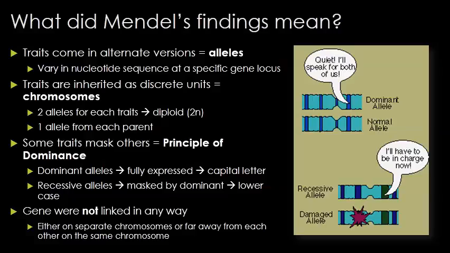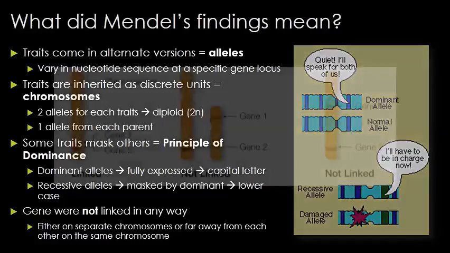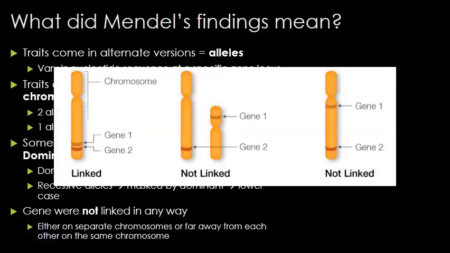Now, Mendel turns out actually got very lucky with his choices, as we've said previously. Traditionally, alleles that are near each other on a chromosome tend to be inherited together. We call that linked. Mendel studied 7 different traits, and statistically speaking, some of those traits probably should have been linked. But what he found indirectly was that these traits were either on separate chromosomes or far enough away from each other that they were not considered linked.